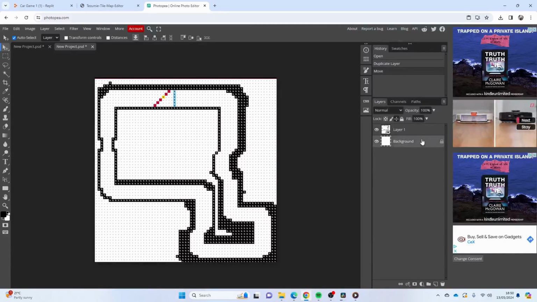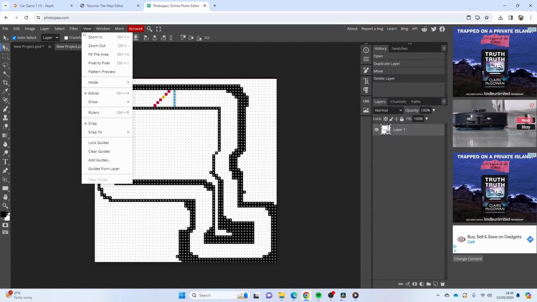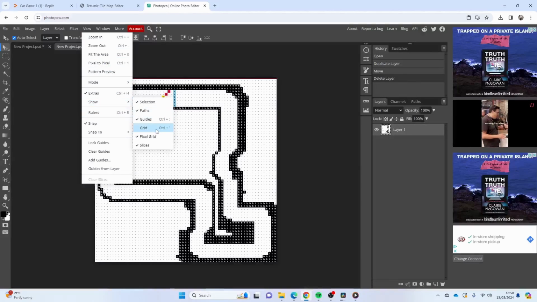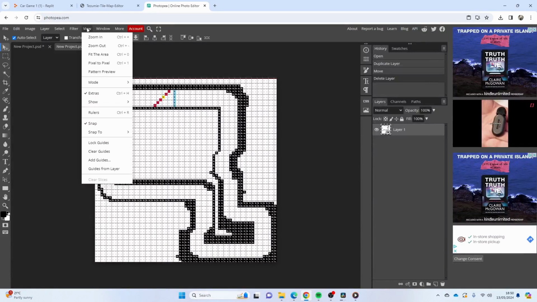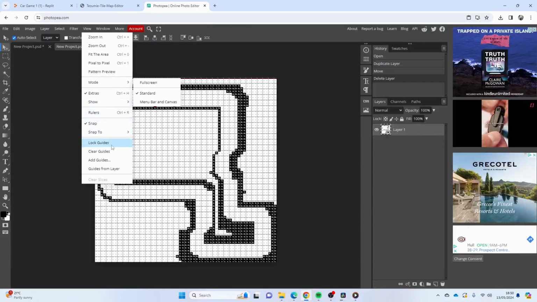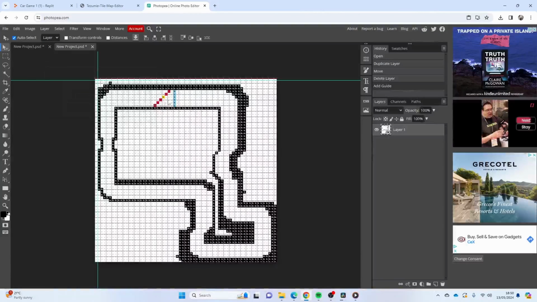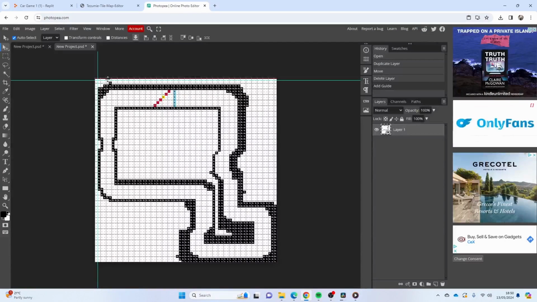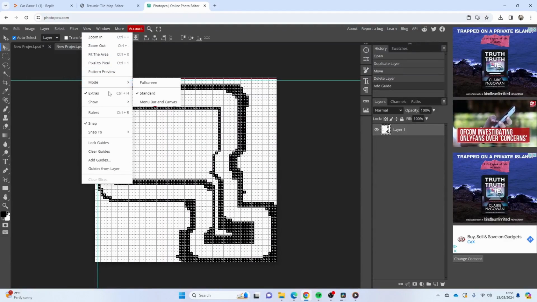Now what I want to do next, and I'm not going to draw the whole thing, I'm going to leave this down to you guys, is go to View and show the grid, but obviously at the moment that grid's not quite what we want it to be. So what we need to do is add some guides of 10 by 10. That shows how big one of these blocks should be, and then if I remember rightly, what we need to do